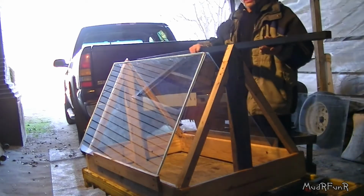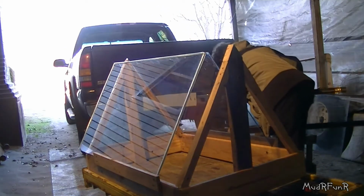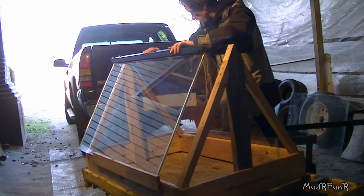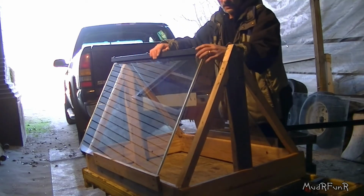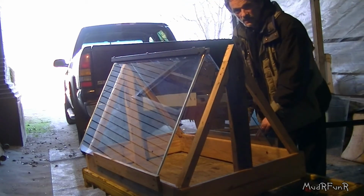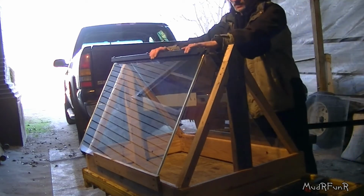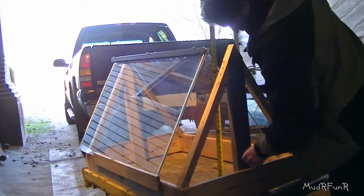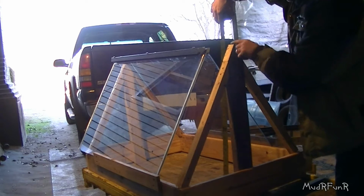I had my son with a long piece like this. This is what we started with, and I'm just going to use the piece that I've got cut already. And I had my son basically hold up this glass in place, and I'm not going to set it all down in there, but you get the idea. I had him hold it in place here, and I had added these stoppers down at the bottom here so that my glass would sit in place, and then he held it up here until we got it at a nice straight angle. I measured from the bottom to the center here to see how tall I needed to make this,